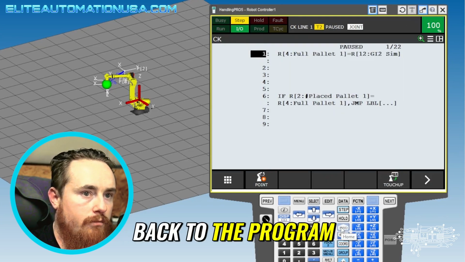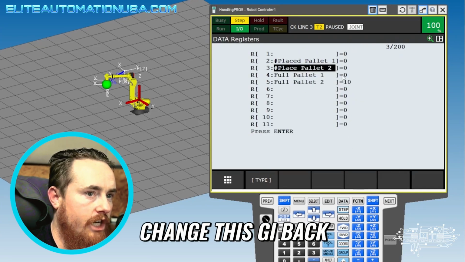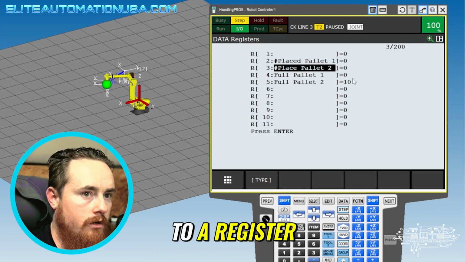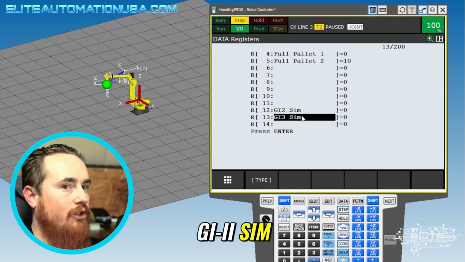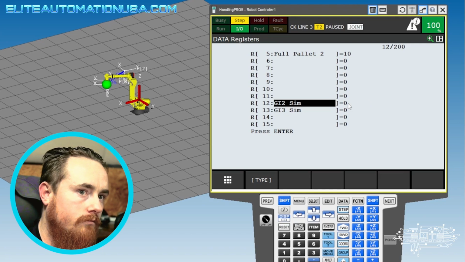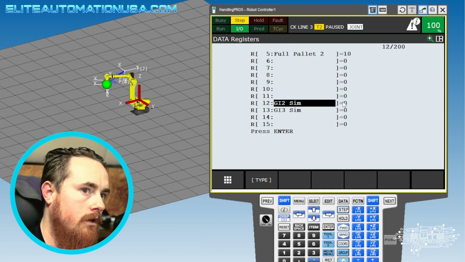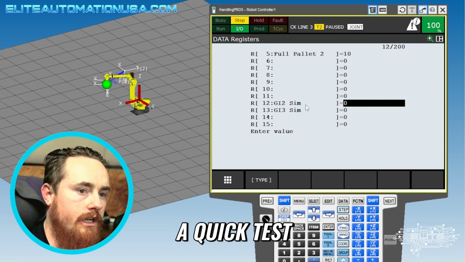So I'll go back to the program. Again, since I can't use this GI, we're going to change this GI back to a register, and then we're going to use my GI2 sim. Okay. So now, when we run this program, which I'll just run a quick test, shift,